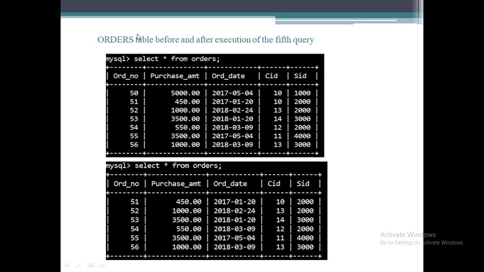And in the case of the orders table, they have told that all his orders must be deleted, right? So you just see which tuple has ID as 1000. The first one. So this must be deleted from orders. After the deletion, you can see the first tuple is not there. It got deleted. So these are the 5 queries which you have to execute in this program.